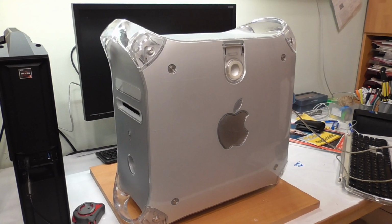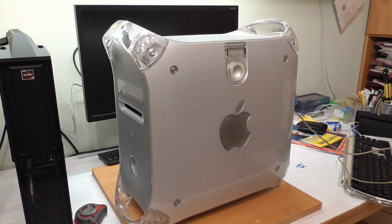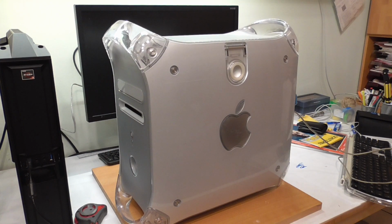Hello there and welcome. Today we are going to check out MorphOS 3.13. As a candidate, I brought here my PowerMac G4 Quicksilver 933 MHz model, and we will try to boot it up from this USB, install MorphOS and see how it behaves. I thought this is a pretty good candidate for our test, because with MorphOS,